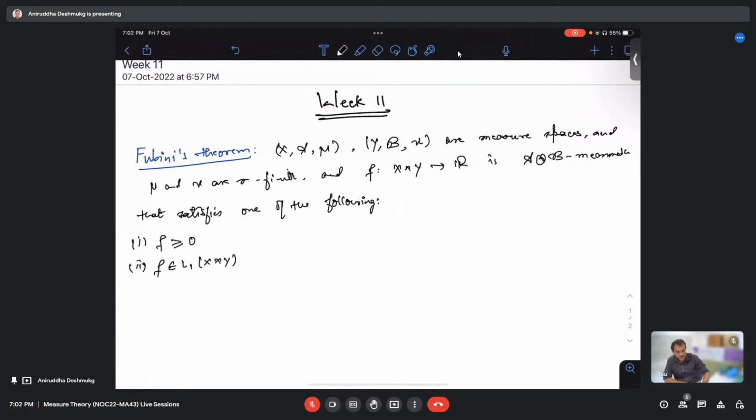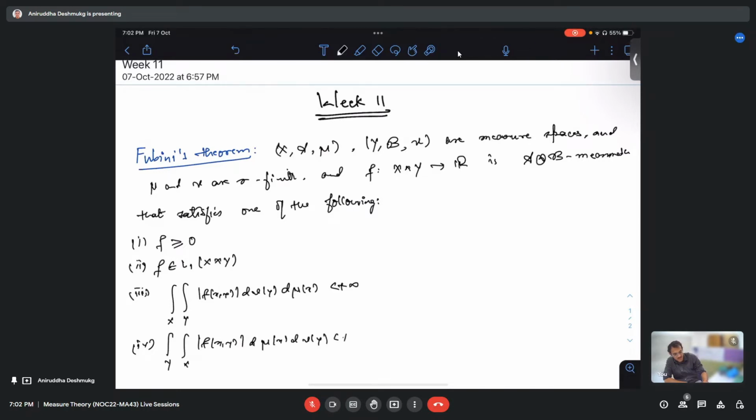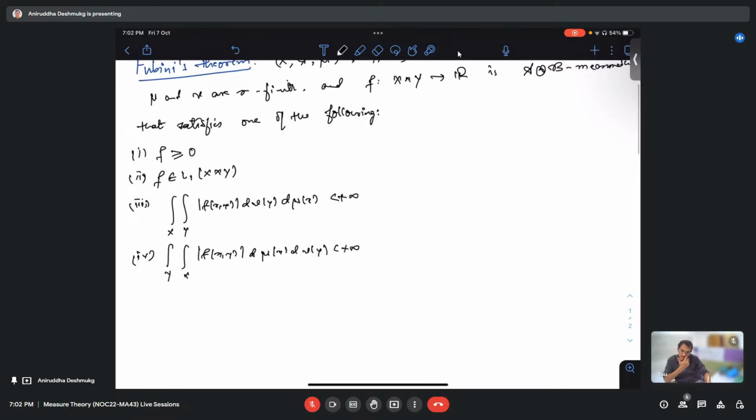of X cross Y, or the equivalent condition that the integral over X of the integral over Y of mod f(x,y) d nu(y) d mu(x) is finite, or the fourth one is the integral over Y of the integral over X of mod f(x,y) d mu(x) d nu(y) is finite. Then if f satisfies any of these conditions, then we conclude that the integral of f